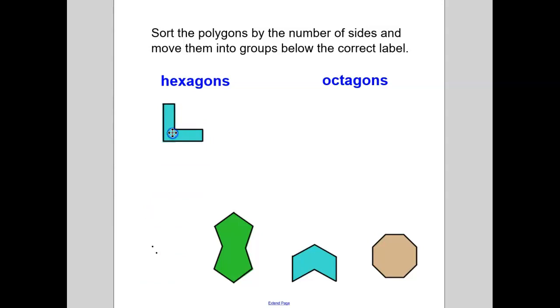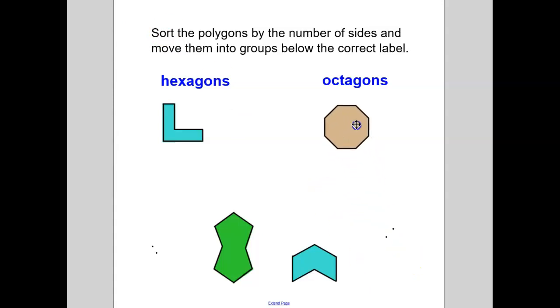Okay, let's do one more together. Mrs. Moore wants to do this one. Okay, let's find the number of sides and number of angles. I know a hexagon has 6 sides and 6 angles. What does an octagon have? You're right, 8 sides and 8 angles. Let's count. 1, 2, 3, 4, 5, 6, 7, 8 sides. Ooh, 1, 2, 3, 4, 5, 6, 7, 8 angles. So this shape is an